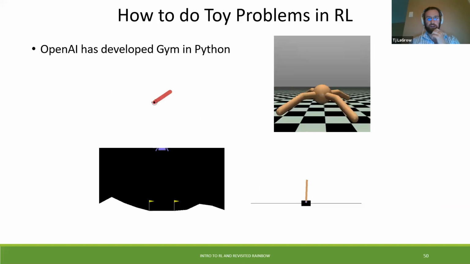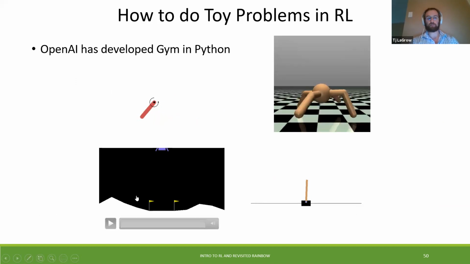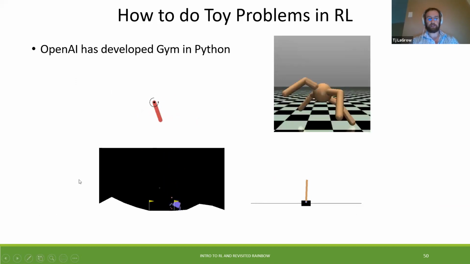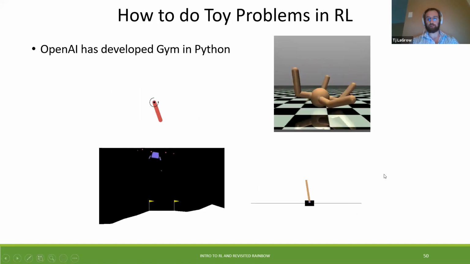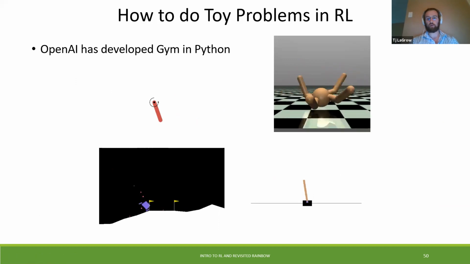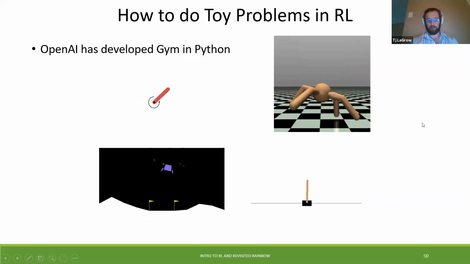So how do we test and use different types of toy algorithms? This is the pendulum problem, where you're trying to get the pendulum to not swing all the way around. We have different spider walking mechanisms that you can program. Lunar Lander here is another example, just to help visualize. And this is the classic cart-pole problem, where you're trying to keep a long pole balanced on top of the cart itself.